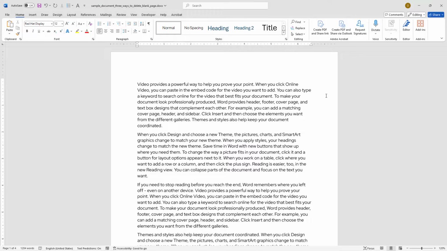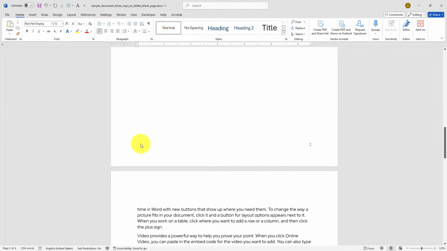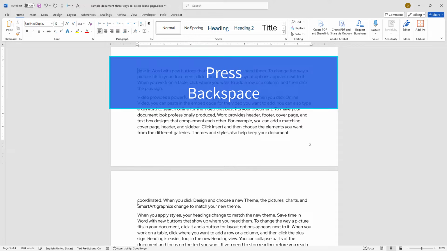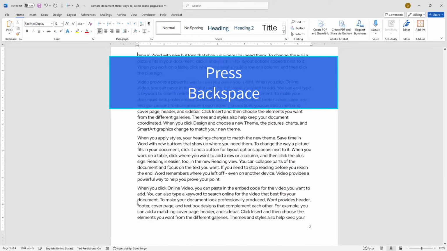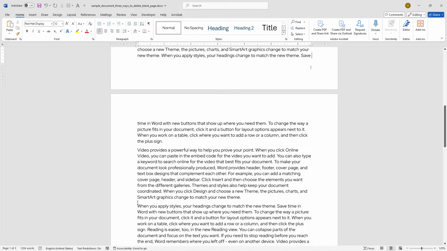The first method will demonstrate the easiest way to remove blank pages. Simply using the backspace or delete key is often sufficient. However, proper cursor placement before deleting is crucial. As the first option in the first method, start by placing the cursor at the bottom of the blank page in Word. If there is any space at the top of the following page, you may need to position the cursor at the beginning of that blank line to eliminate any extra space. Press the backspace key on your keyboard until all lines and the entire blank page are removed. You may need to adjust any remaining blank lines to ensure that the next page starts at the very top.